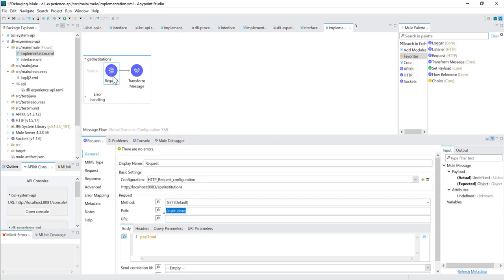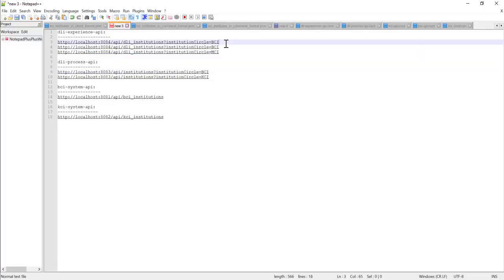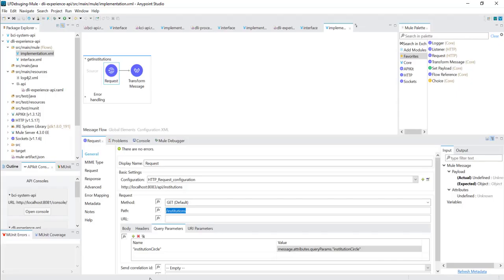This is the HTTP request from which we are trying to call the process API, and if we go to the query parameter, I have mentioned institution circle, and it is fetching the value from the message attributes, query parameters, then institution circle. That means whatever query parameter we provide in the DLI Experience API URL will be forwarded to the process API from the implementation flow, right?